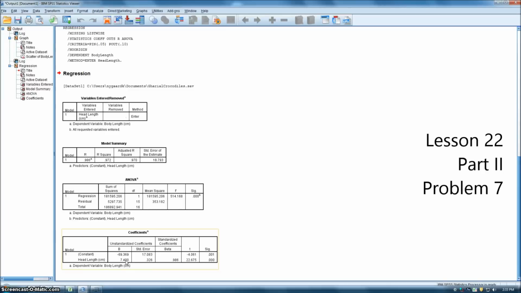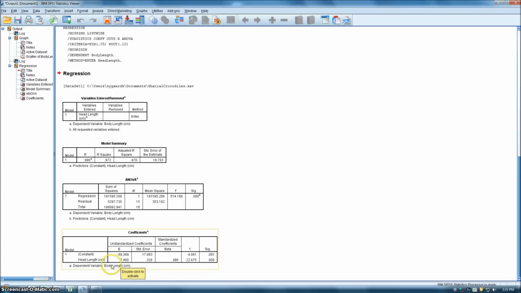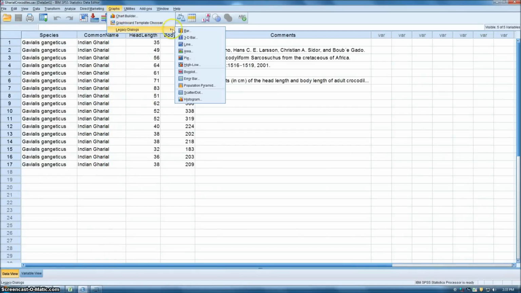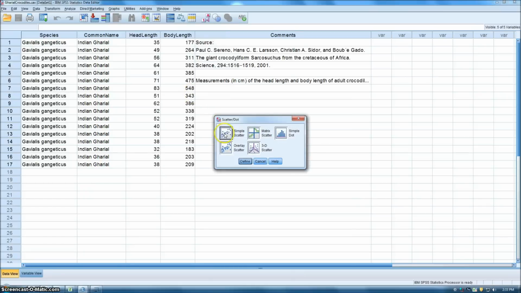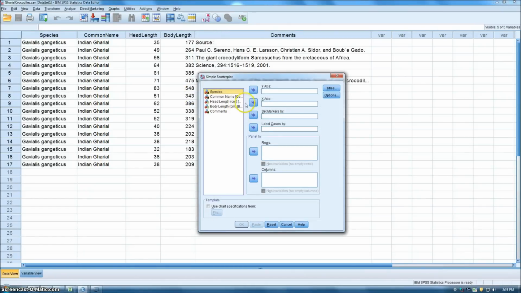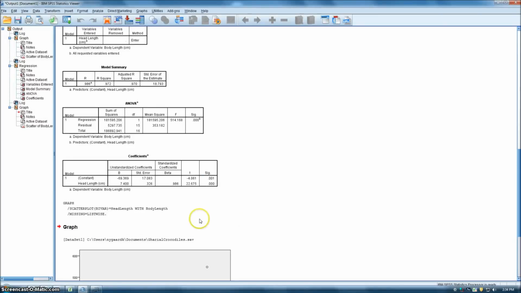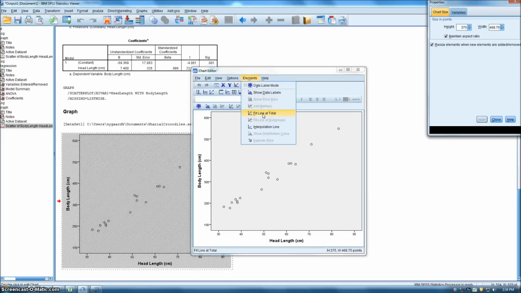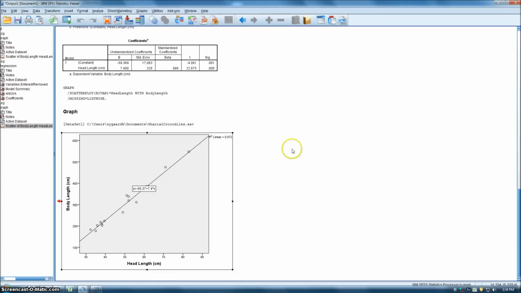Use the software to draw the regression lines on the scatter plot. Insert the picture of scatter plot with graph of the regression line superimposed over the data. Okay, so in order to do that, we've got to come back to our data. We're going to graph, legacy dialog, and a scatter plot. It's going to be a simple scatter plot. Okay, remember this is the same thing that we've done before, so we can move our head length into the x-axis and our body length into the y-axis. And we have our scatter plot. If we double-click on that scatter plot and click Elements, and then hit Fit Line at Total, that'll give us our trend line. And it also, you can notice, gives us the equation of our simple linear regression, which was